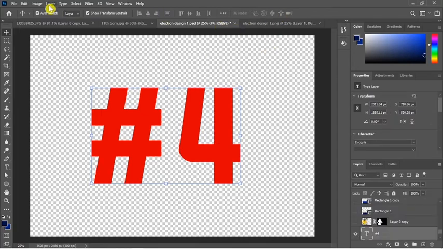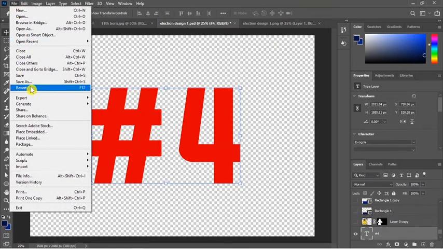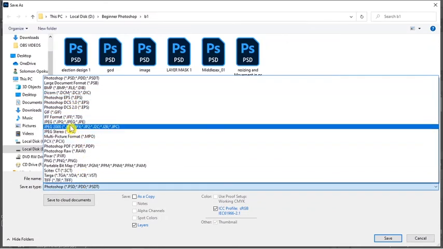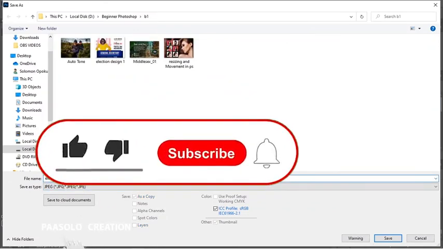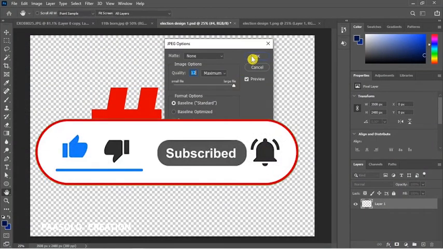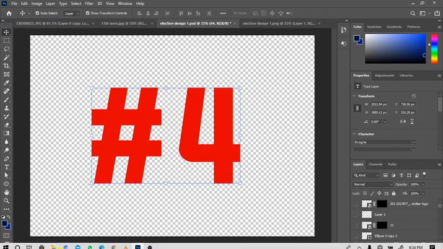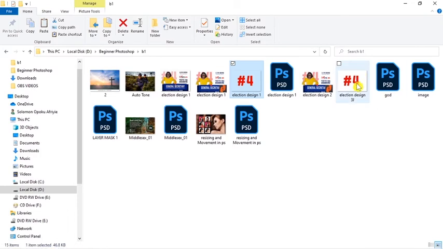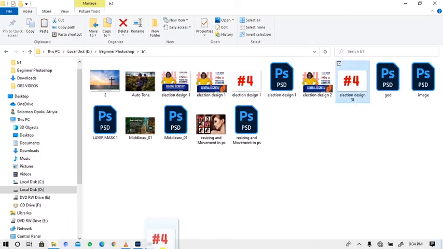But let me try and save it as JPEG for you to see. Save as and choose JPEG. Click on save. Okay. So let's go to my source file. Here is the JPEG one. Drag it into Photoshop.